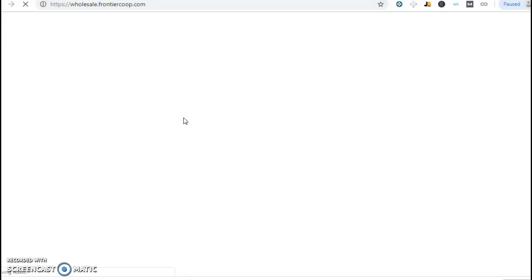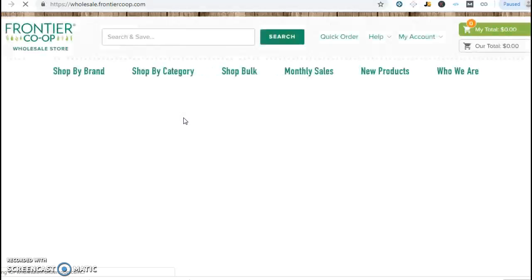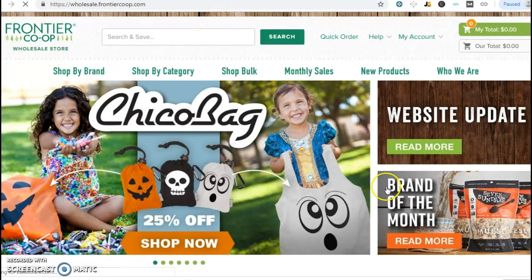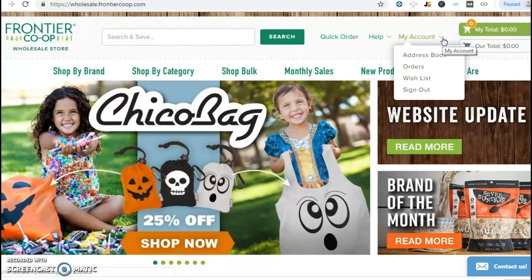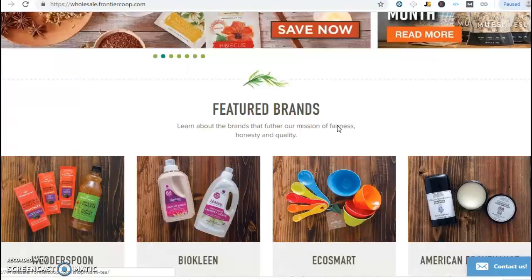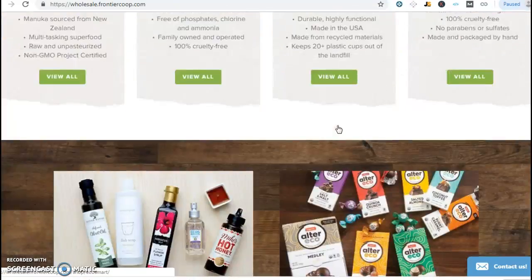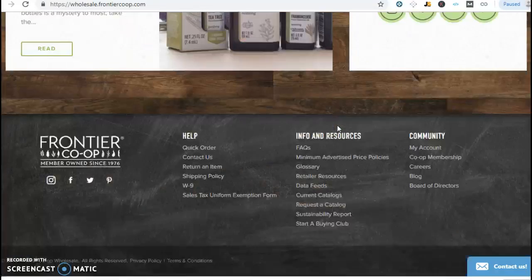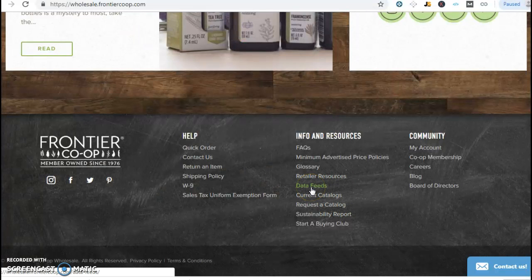We click here and go to their website, and this is their website. We are already logged in. If so, then we scroll down to the bottom, and over there I get the data feed, and we click over here, and then I get